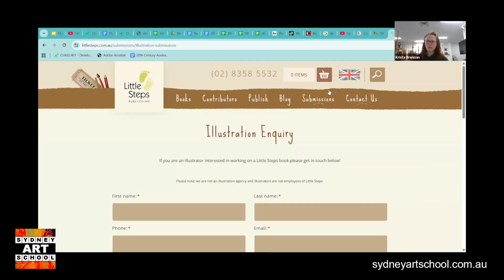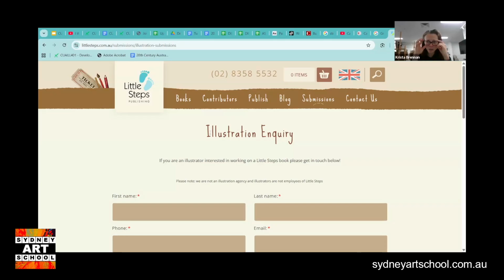Now, in terms of answering the other two questions, is it worth trying to write your own book with illustrations and then trying to get published? Jane asked that question. Yes, it is. If you have a good manuscript idea, publishers are more interested in working with author-illustrators because it's less work for them. They only have to deal with one person instead of two.